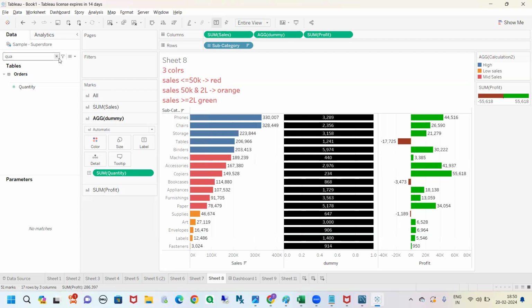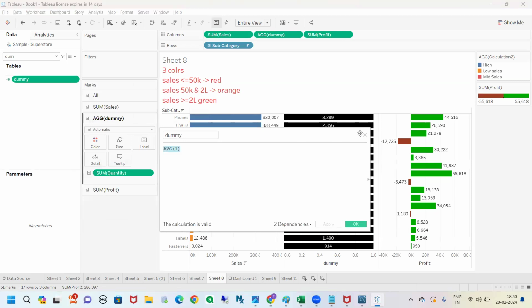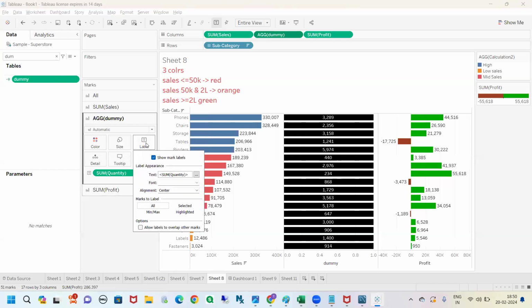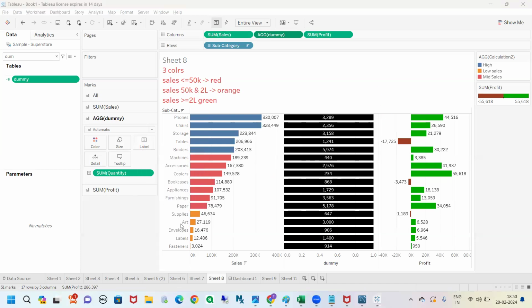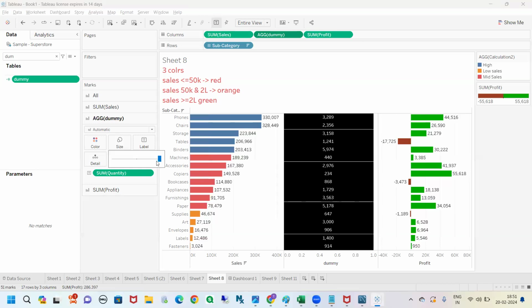So if you want to highlight the background cell color instead of text color, this is the workaround. We will create a dummy calculation, and in this dummy calculation, we have either min of one, max of one, or average of one, like that. Drag that into the column shelf and place the quantity in the text here. Now you see, I can observe some white color gap between each bar. To avoid that, I can go to the size option and try to increase the size here,